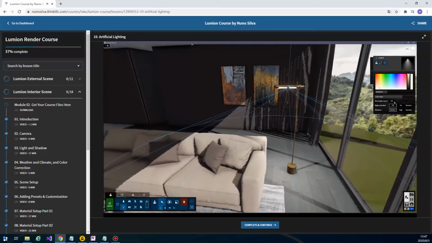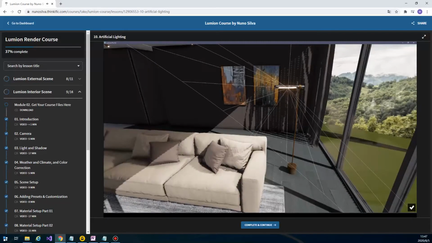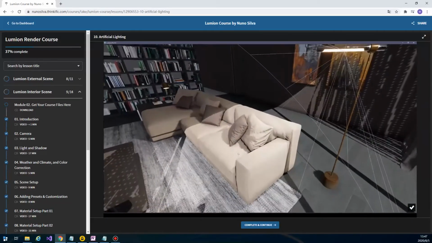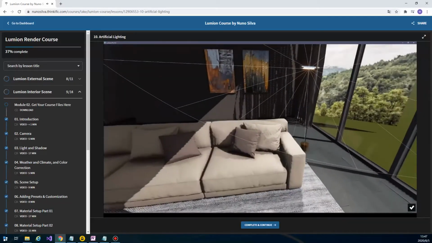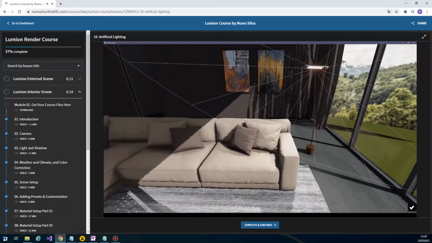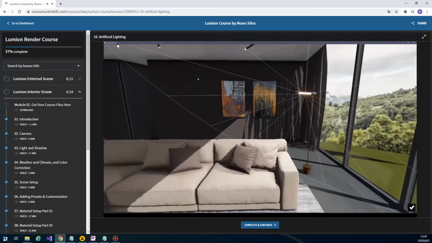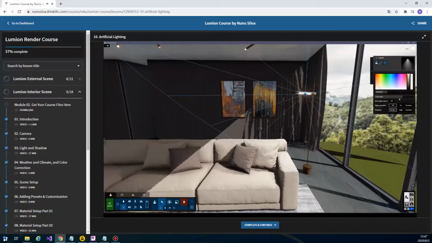So I'll just go here and I'll point here, or maybe here. Let's see, maybe here. Okay, now this is too wide, the cone angle, so let's reduce this. Let's put it at about